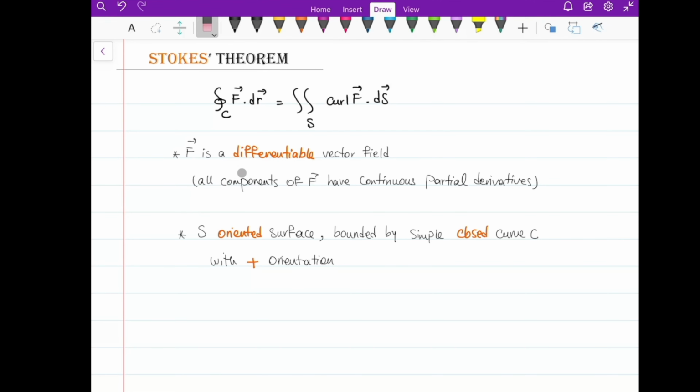The vector field F is differentiable, S is an oriented surface with the boundary curve, closed curve C, and with the positive orientation, then the integral of F dot dr is the double integral of curl over the surface S. If you remember, the notation that we used for curl was del cross product with F, and if I want to talk a little bit about the physical meaning, I can say that if F is the velocity of a fluid,